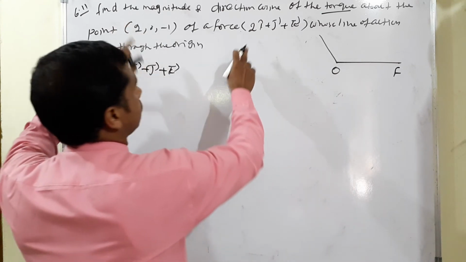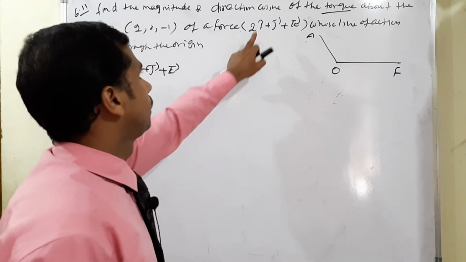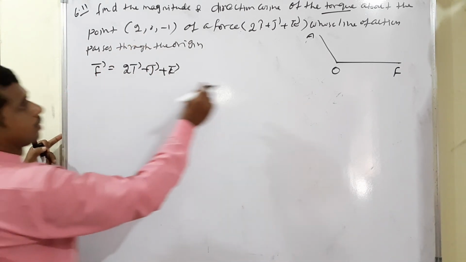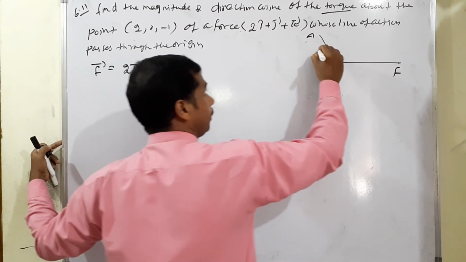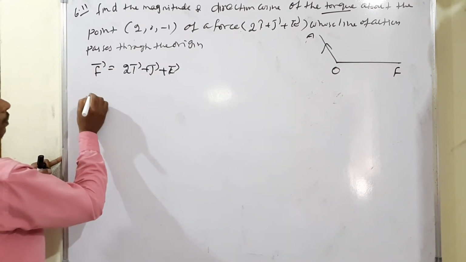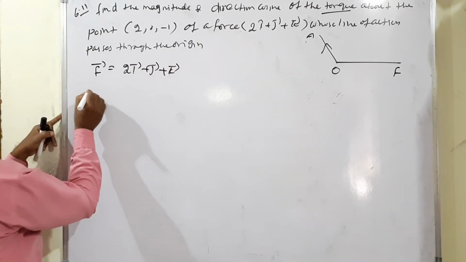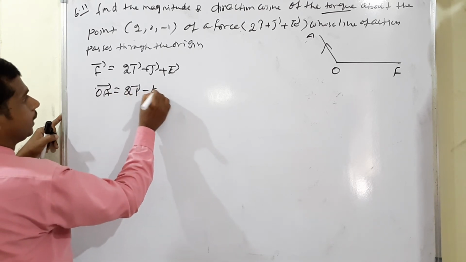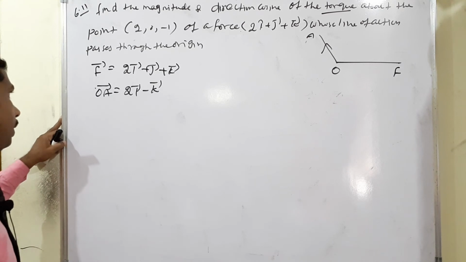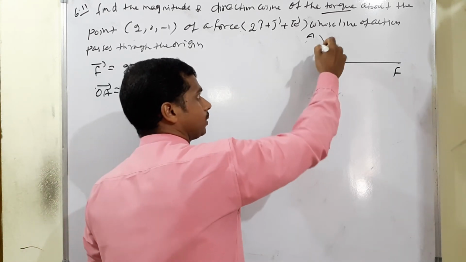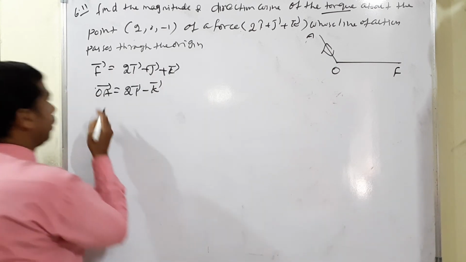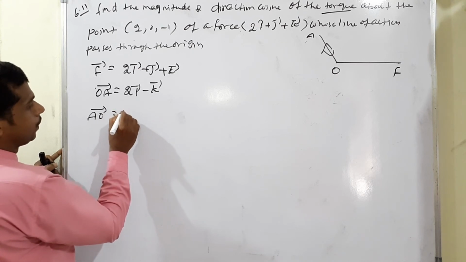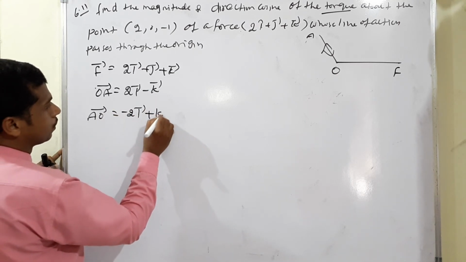What is the condition there? This is the point A, the point is here, isn't it? So (2, 0, -1), isn't it? Therefore, this is OA, isn't it? The direction will be going along OA. So the OA vector is equal to 2i minus k vector, because for j we have 0. Okay. Now the force line starts at A going to O. Therefore, if we interchange, what will happen? The AO vector has the signs changed. Now plus becomes minus 2i vector, minus becomes plus k vector.